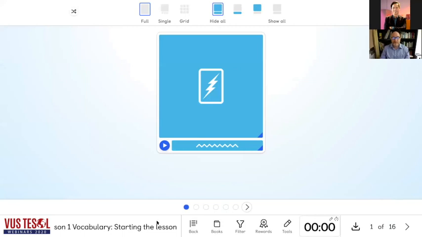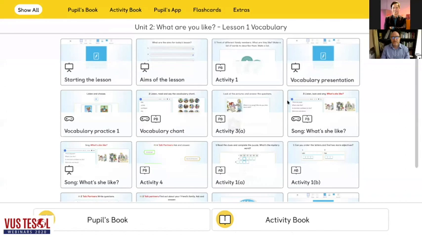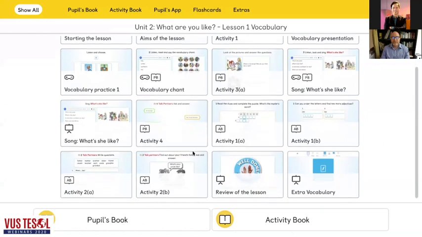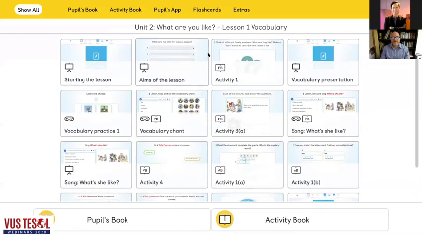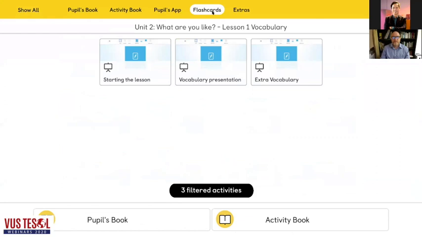Now, lesson 1 vocabulary, starting the lesson. I'm going to use my filter tool here because you'll see these are all the activities that I'm going to do in the course book. But for today, I just want to show you my flashcards. So if I click on flashcards at the top, I get my flashcards. Now the first one starts the lesson. This will introduce vocabulary that we've taught in a previous lesson to recap. And today we're going to present this new vocabulary. So here's my presentation. If I click on this here,